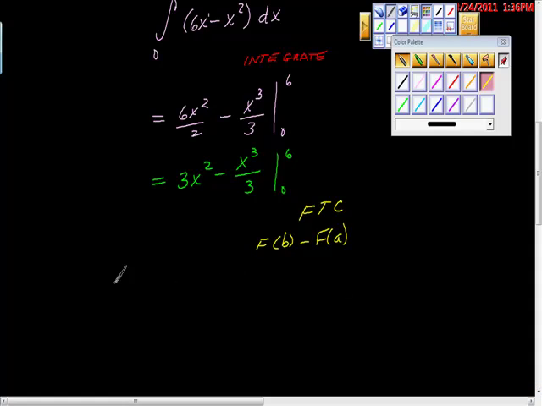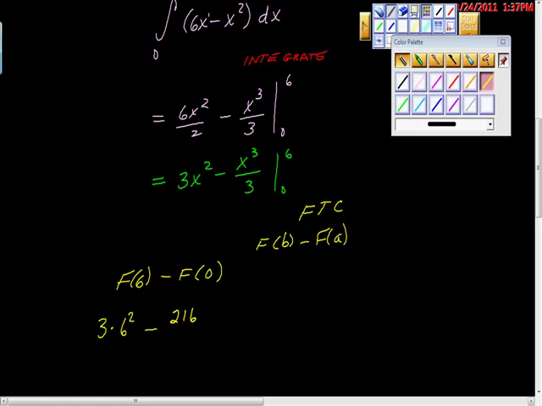So I'm going to set that up, if you don't mind. It's going to be f of 6 minus f of 0. And f of 6 would look like this: 3 times 6 squared, minus 6 to the third power, which is 216,